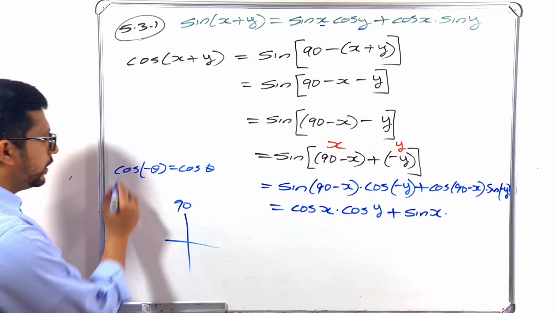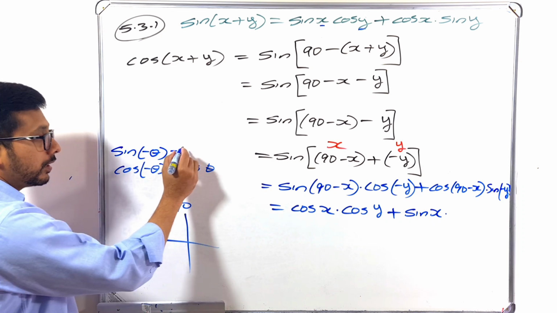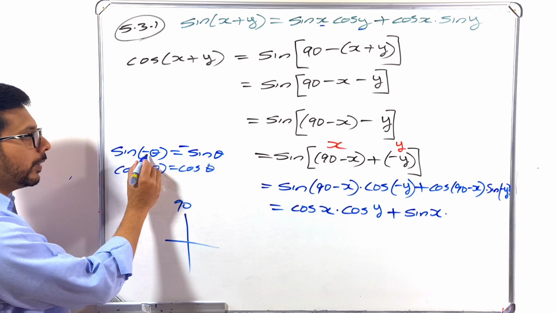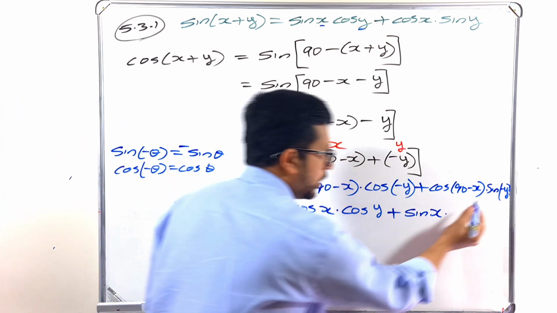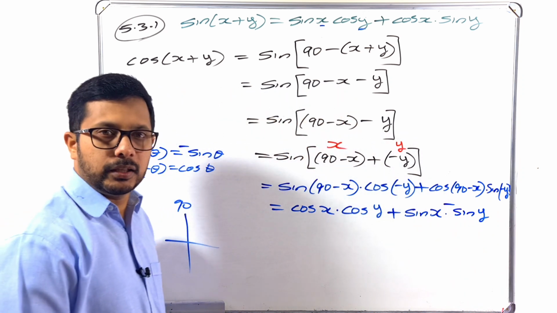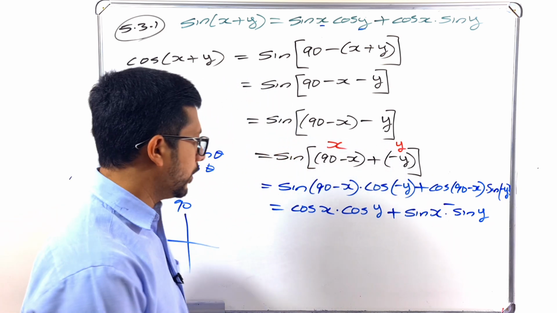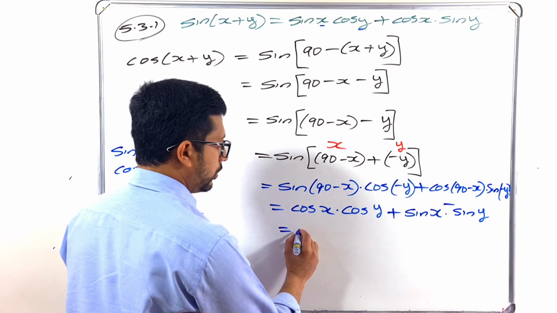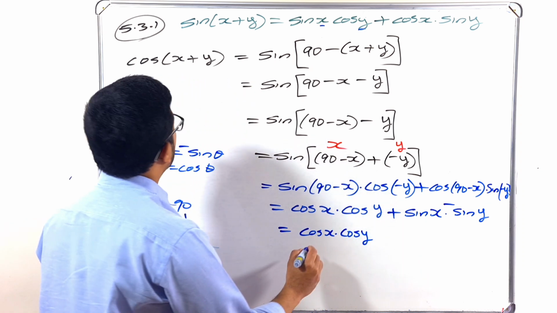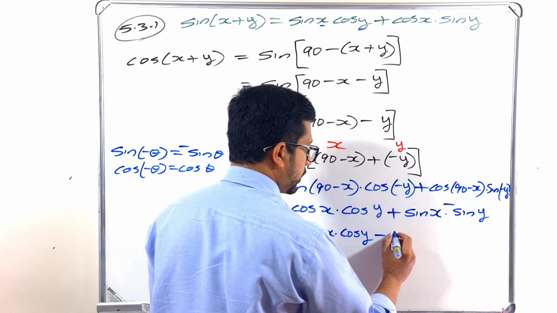What is sine of minus theta? Previous question I explained that one. Sine of minus theta is minus sine theta. Cos of minus theta is cos theta, but sine of minus theta is minus sine theta. So sine of minus y is minus sine y. So now let's write it in order. So it is cos x into cos y, then plus times minus is minus